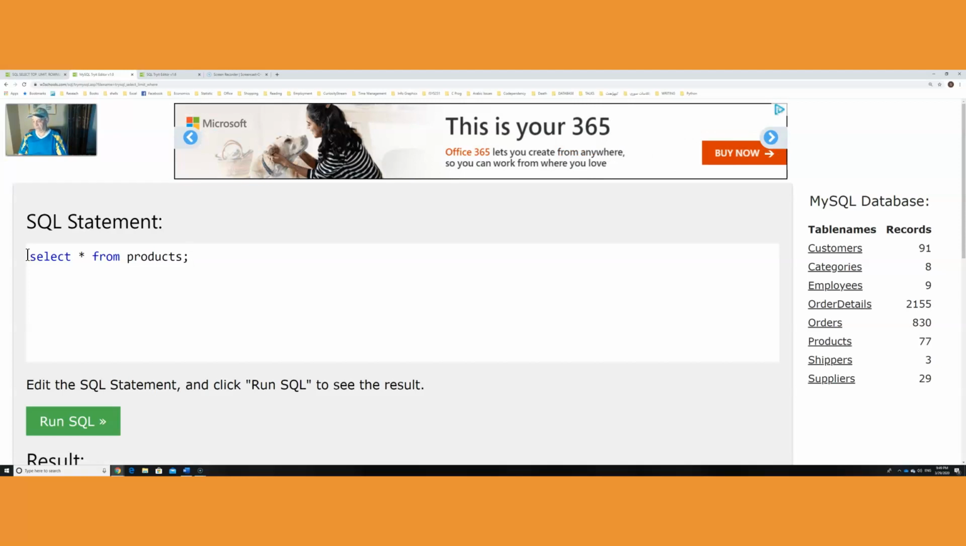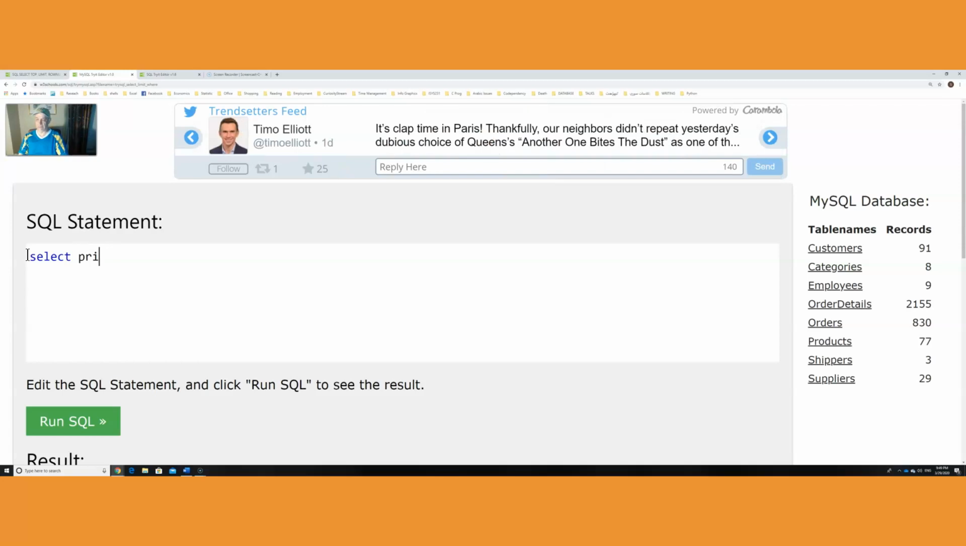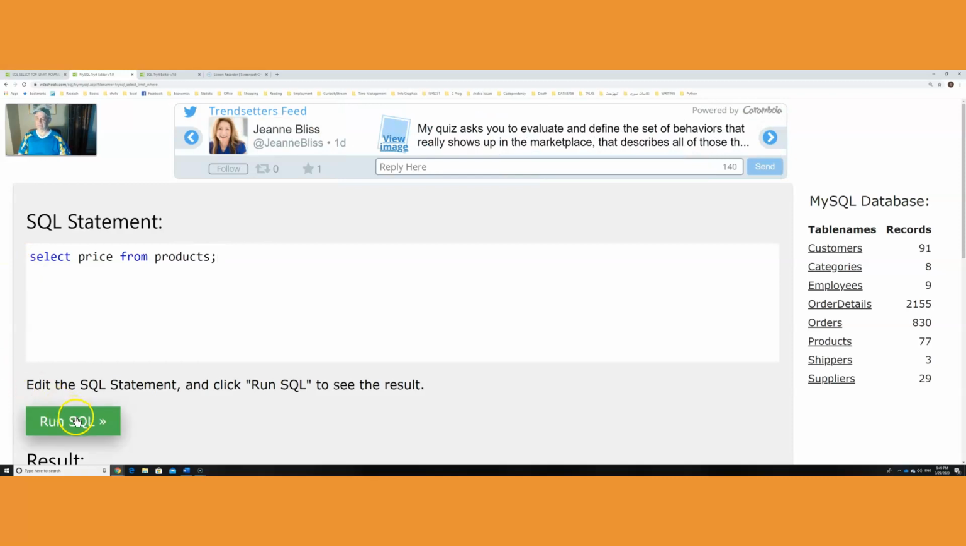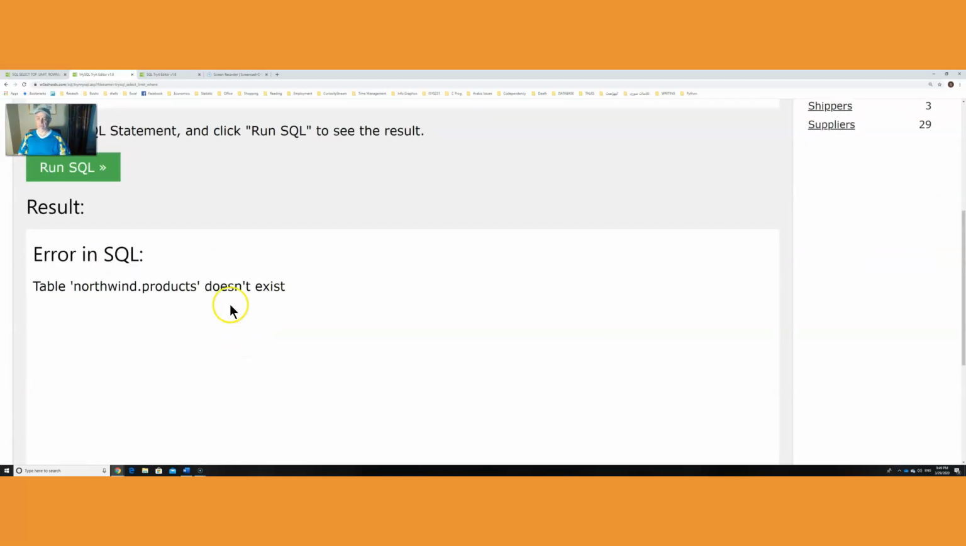However, I wanted to go ahead and get a specific piece of data here, which is price. So if I say here, select price from products, okay, and it's going to give me all the prices. You notice here,